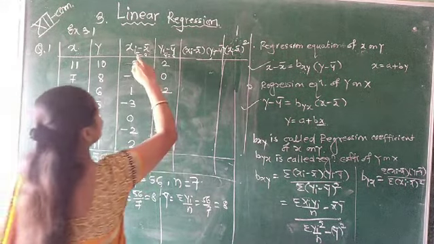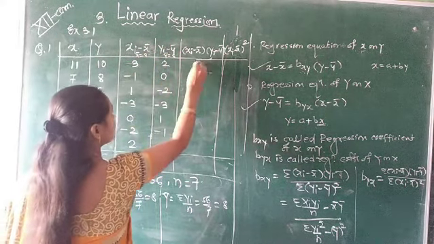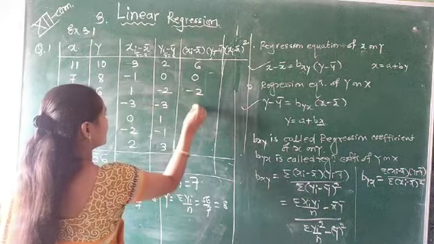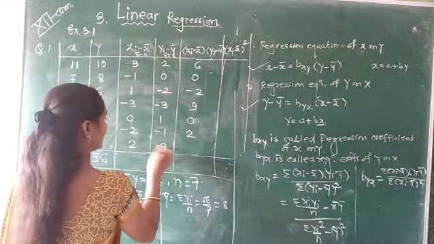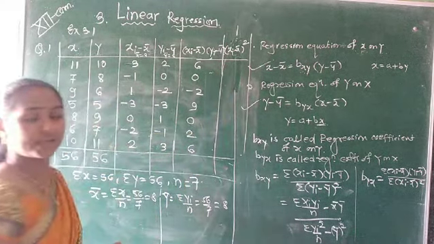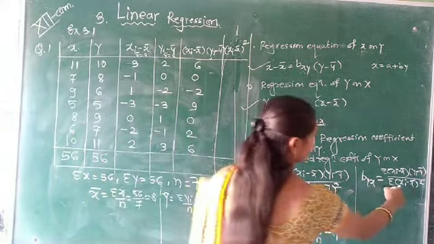Now take the product of xi minus x bar into yi minus y bar. 3 2s are 6, minus 1 into 0 is 0, 1 into minus 2 is minus 2, minus into minus plus 9, 0 into 1 is 0, minus into minus plus 2, and 2 3s are 6. Now for finding the regression equation of y on x, we have to find the value of xi minus